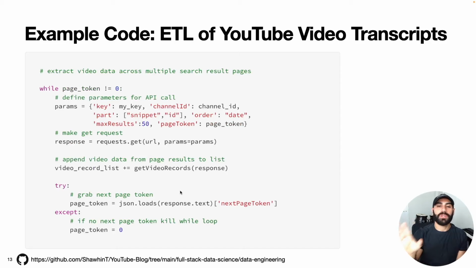This is a pretty crazy piece of code here, but I'll explain it line by line. Let's ignore the while loop for now. The first step is we're going to define the parameters for the API call. We're going to load all of these into a dictionary. The things we need to send to the API in order to get a response are the YouTube API key,